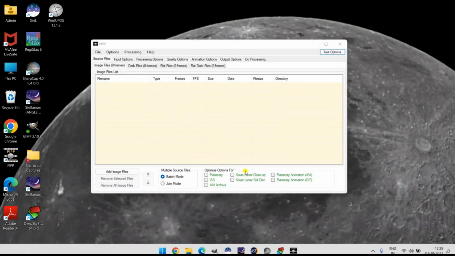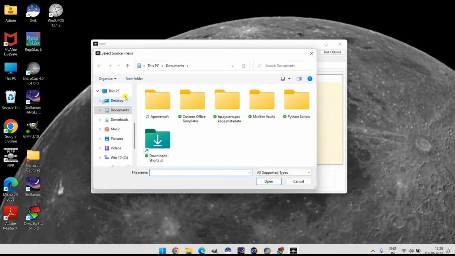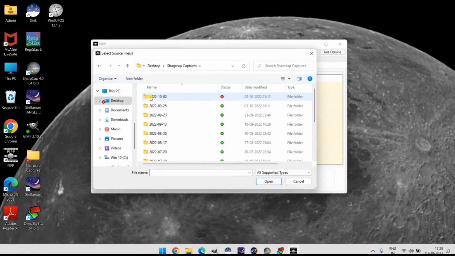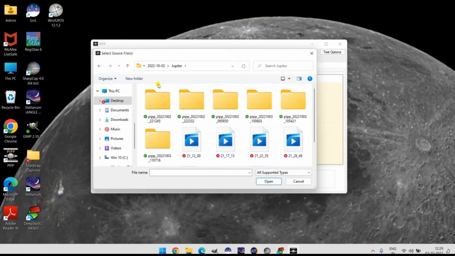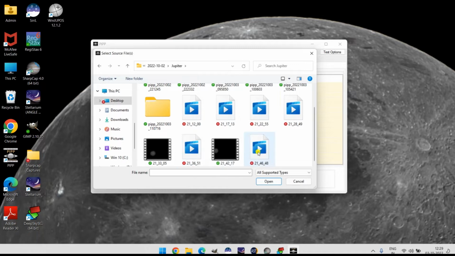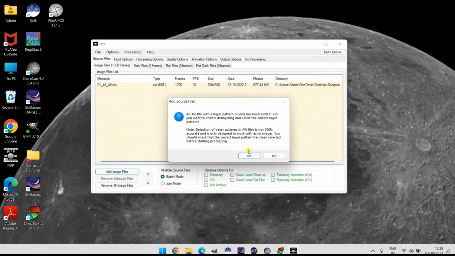Alright, so the first step is to load your file, and I'm going to select my file from my desktop, one of my recent captures of Jupiter. So I've processed all of these files. With this last one right here, I just want to show you